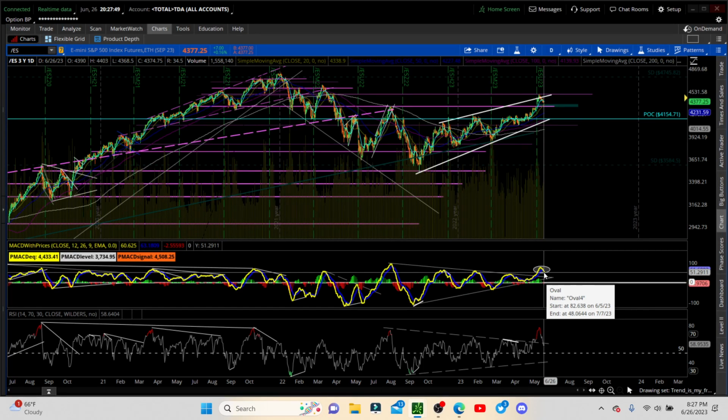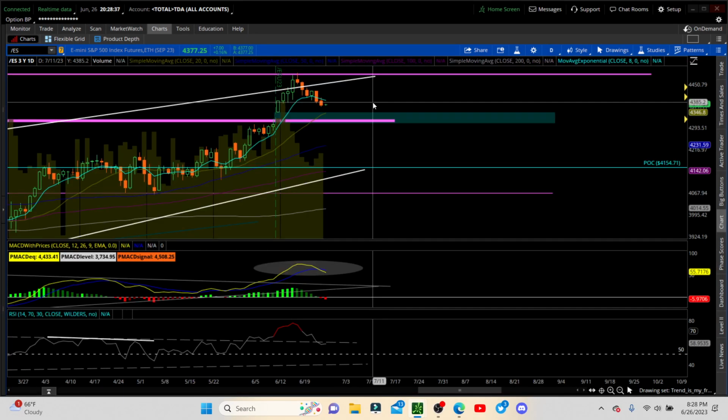I feel that this is the first impulse wave to the downside, and we're going to see. But it looks like price might want to retest the 20 moving average, and that's also this gap area. So we'll have to see if we get follow through to the downside tomorrow. But like I said, we did take a couple call plays overnight with the catalysts happening.